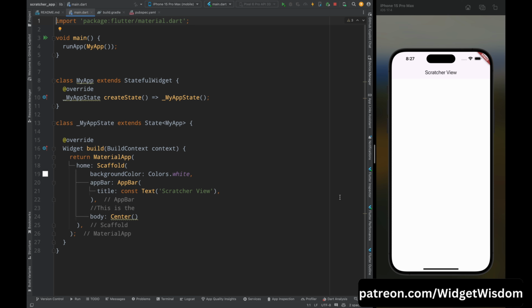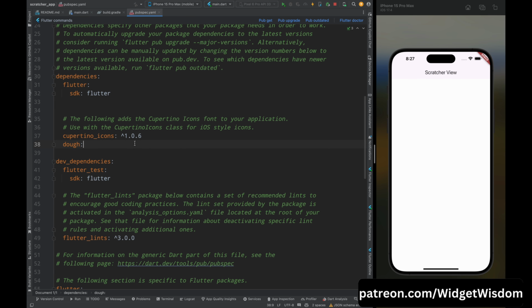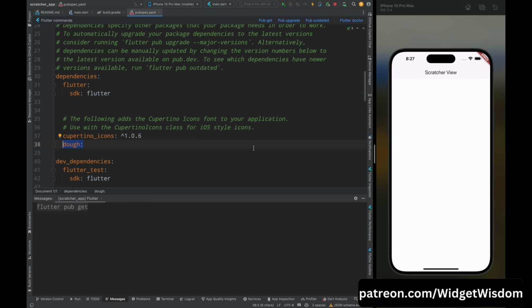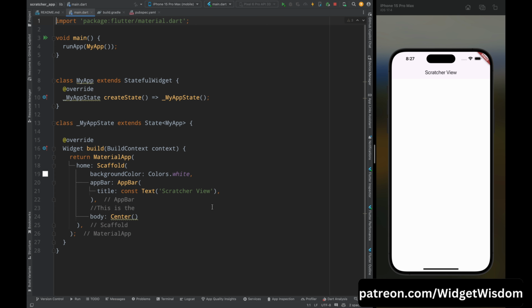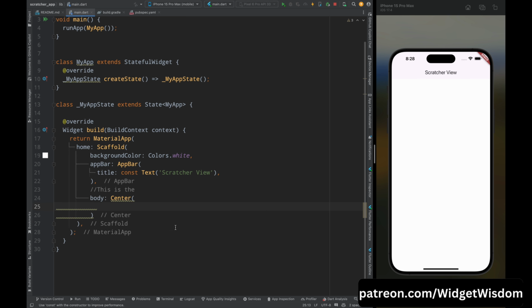So, let's get started. First come to the pubspec.yaml file and add the dependency for the Do package, and then run the pub get command to get the package. Now, come to the main.dart file and come into the build method, and here inside this center widget first add